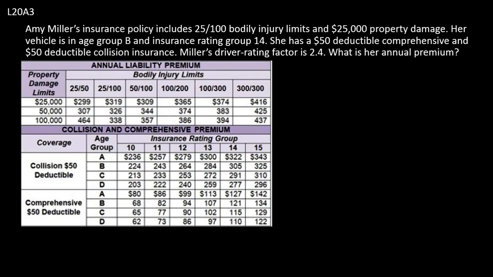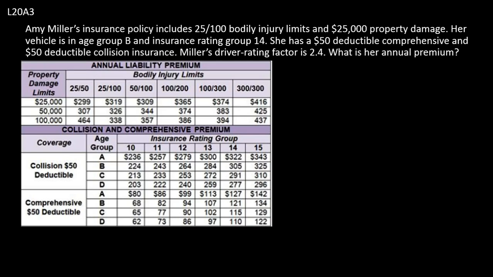Amy Miller's insurance policy includes 2,500 bodily injury limits and 25,000 property damage. Her vehicle is in age group B and insurance rating group 14. She has a $50 deductible comprehensive and $50 deductible collision insurance. Miller's drive rating factor is 2.4. What's her annual premium? Okay, so a lot of information there, and then they give us this table that has